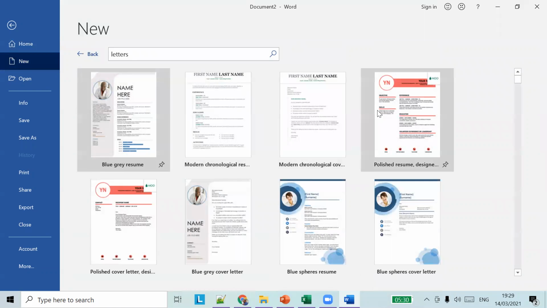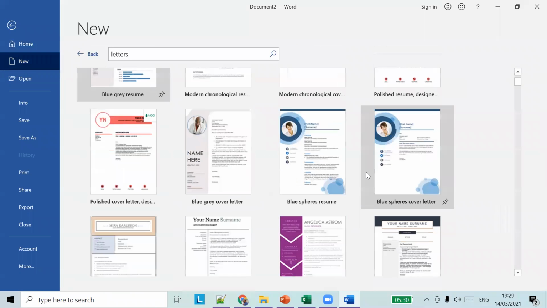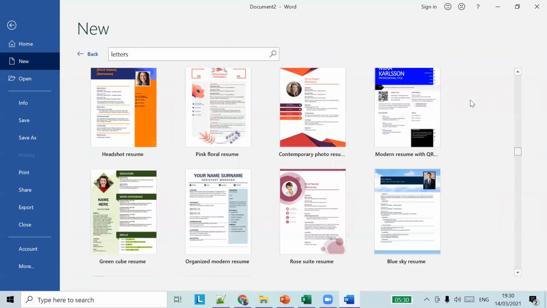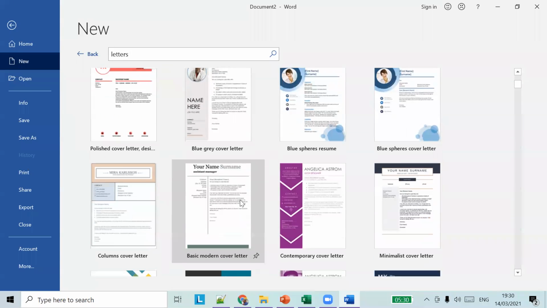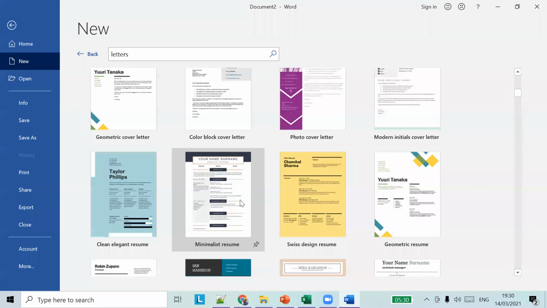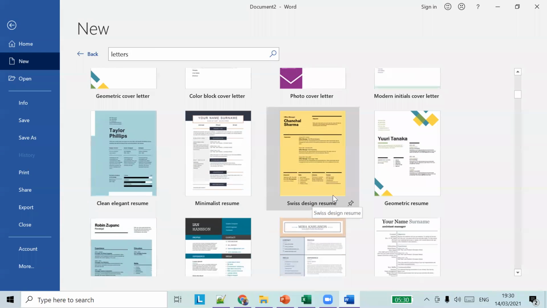You should be able to see a lot of letter templates here. You can choose from a variety of letters that are already present. We'll choose any one of these letter templates. So we'll go down. This is what we just saw.